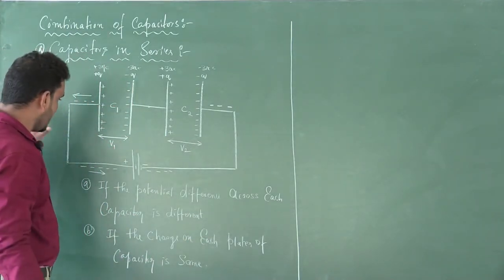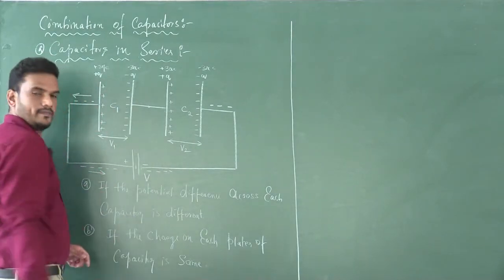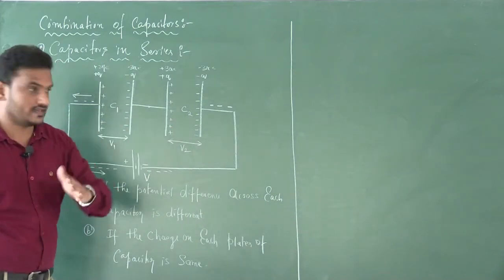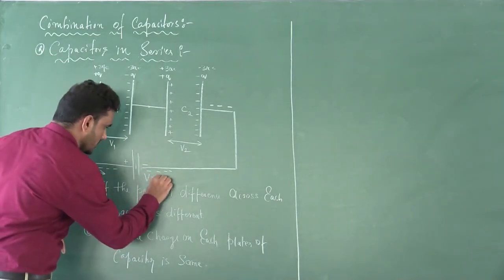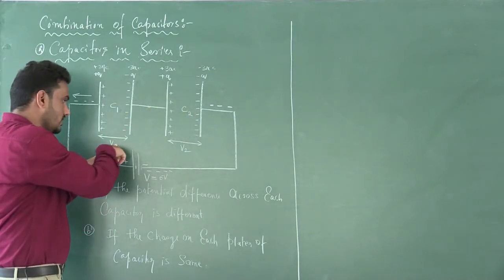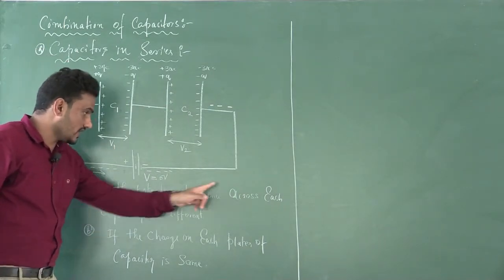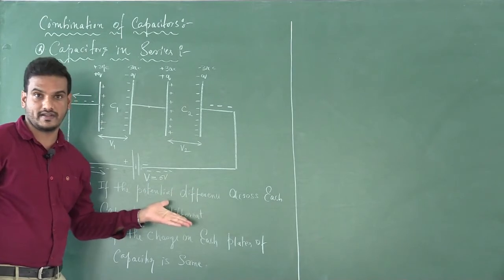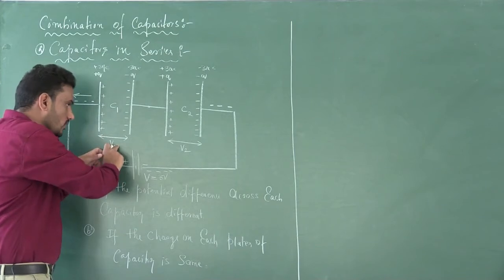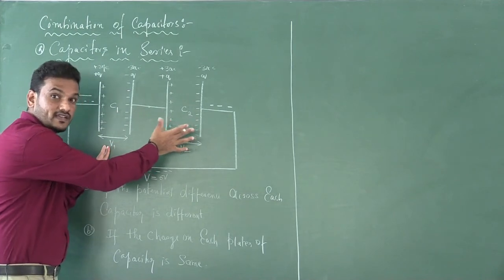Okay. Now, what is the total potential here? V. So these two potentials across each capacitor are different. For example, if the total potential is 6 volt, here they are not the same. Here 3 volt, here 3 volt won't be there. Why? Because look at this. If the potential across each capacitor is different, it means here some 2 volt, here 4 volt. Here 1 volt, here 5 volt. Because the potential across each capacitor is not the same